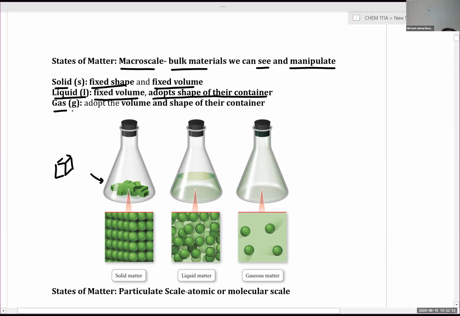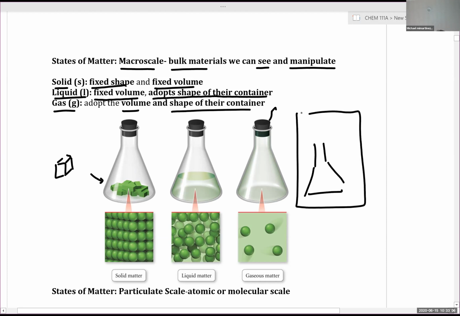Now, a gas is pretty interesting. If you take a gas and we just look at a macro scale view of the gas, it adopts the volume and the shape of the container. If we uncork it and we just leave our beaker containing our gas in the room, suddenly the gas will fill the room. So if we uncork this container, for example,